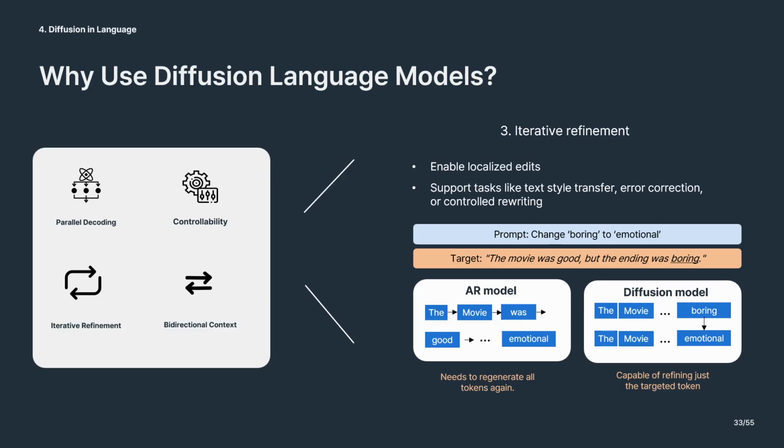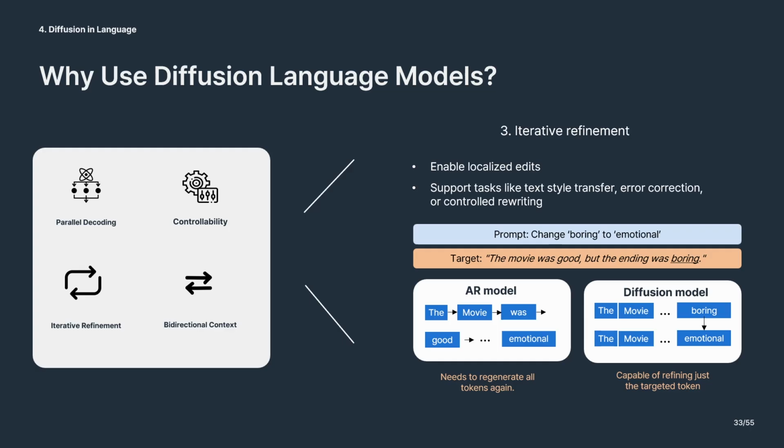The third advantage of diffusion language models is iterative refinement. Unlike auto-regressive models, which must regenerate the entire sequence from a modified token onward, diffusion models can selectively refine only the affected parts of the sentence. For example, when prompted to replace the word "boring" with "emotional," an autoregressive model needs to regenerate the full sequence starting from that point. But a diffusion model can focus just on the targeted token, preserving the rest of the sentence. This makes diffusion models particularly useful for tasks like text editing, error correction, controlled rewriting, or style transfer, where